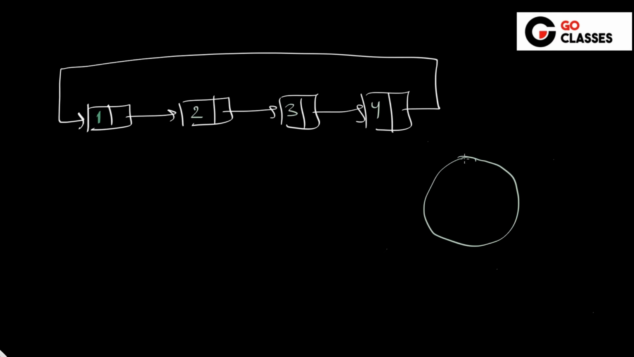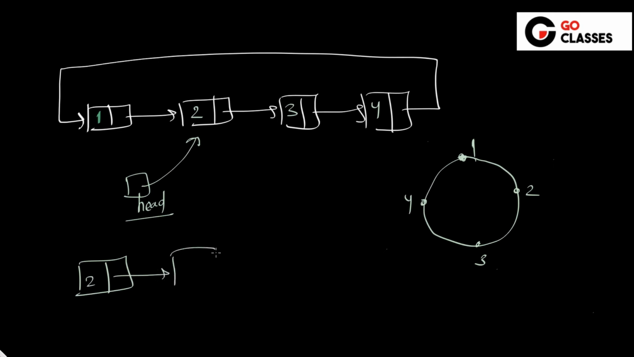This is just a circle. 1 is sitting here, 2 is sitting here, 3 is sitting here, and 4 is sitting here. Now there is as such no convention of first node or last node, it depends on what head is pointing to. If I say that head is pointing here, then I will say that 2 is the first node. I will look at this linked list with 2 as the first node, which means I will say something like this: 2, 3, 4, 1,